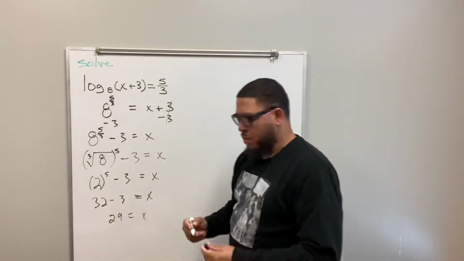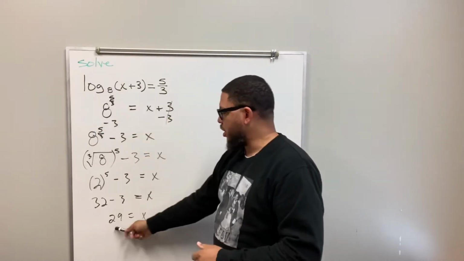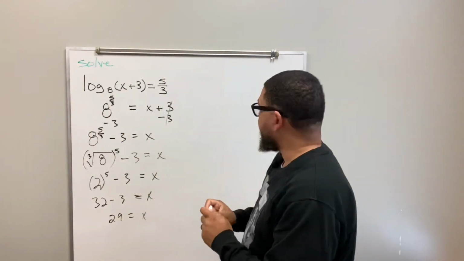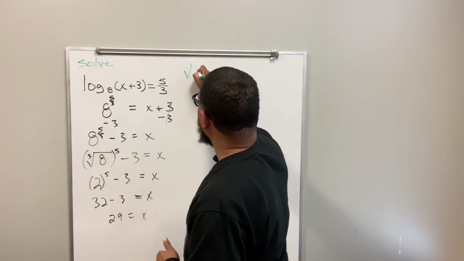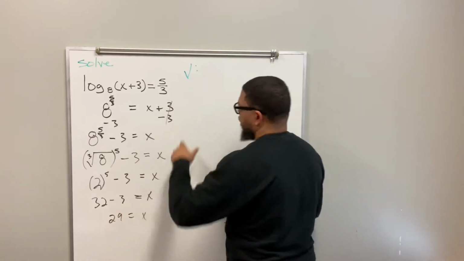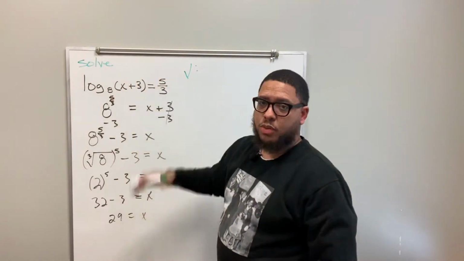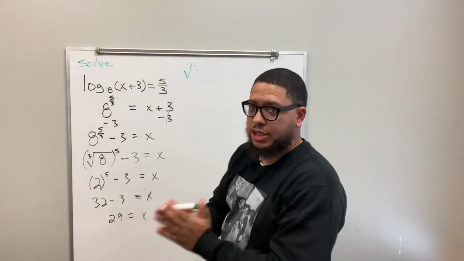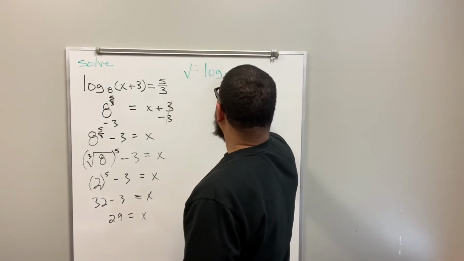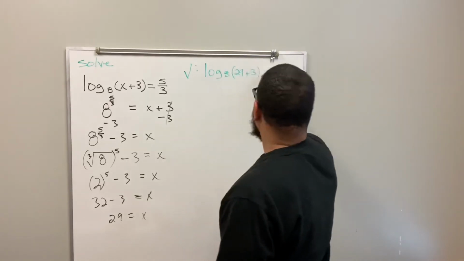All right? But I want to highly suggest to you, never stop right there. When you're solving equations and you come up with a solution, always check your work. I'm going to do my check in a different color. So we check our work. Now, how do you check your work? You go back to the original equation, and then you take your solution and you substitute it in. And if the left side of the equation equals the right side, when you calculate everything, that's proof that your answer is correct. So I'm going to write log base 8 of 29 plus 3 is equal to